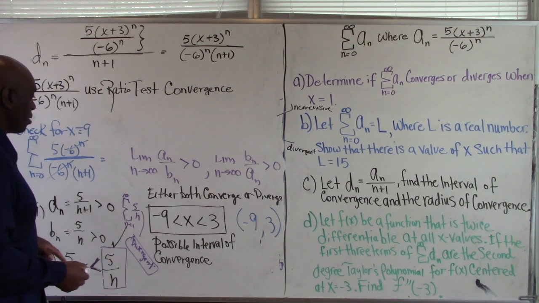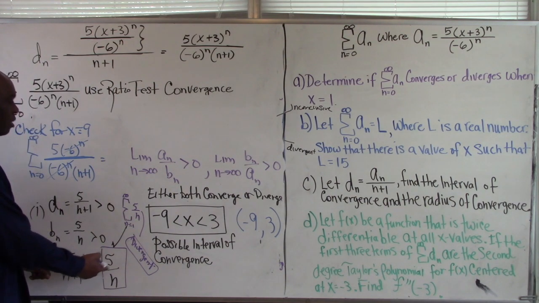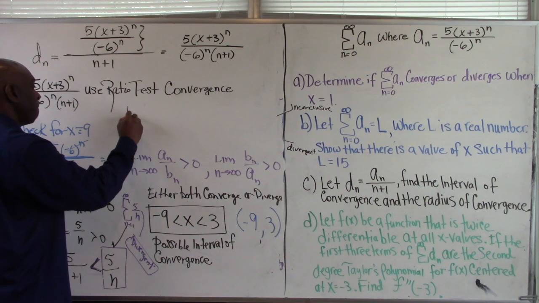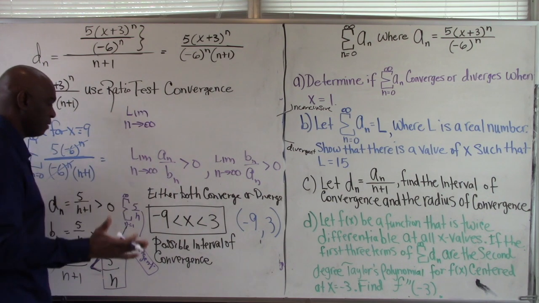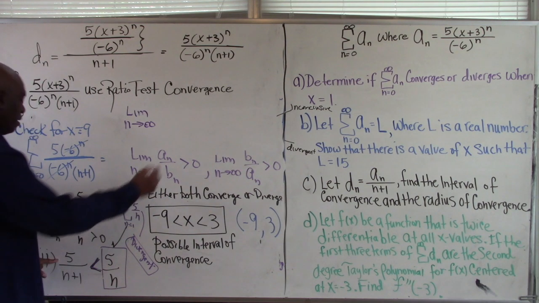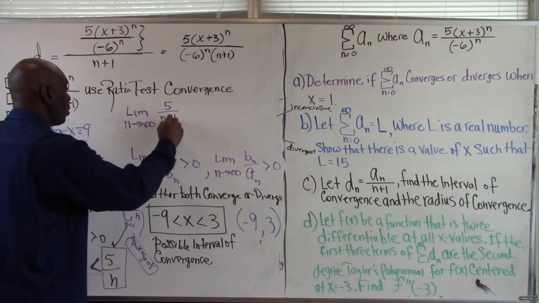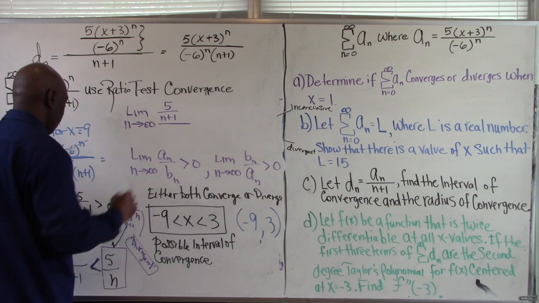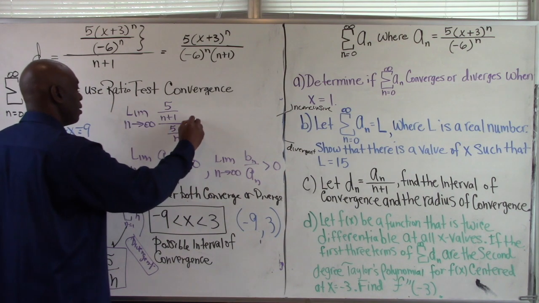So let's see. Since they're both positive, they're both greater than 0, so we're looking at the limit as n goes to infinity, right, of, let's say, 5 over n plus 1 divided by 5 over n, which